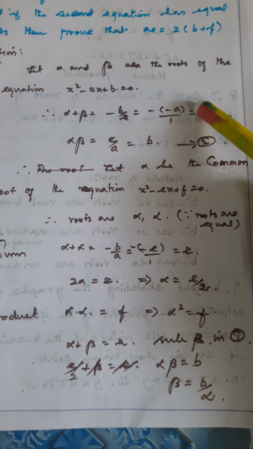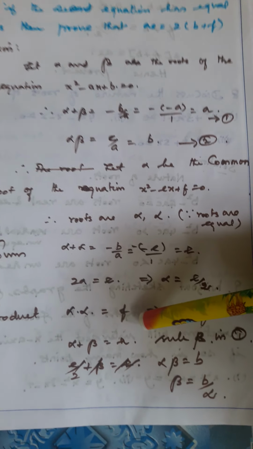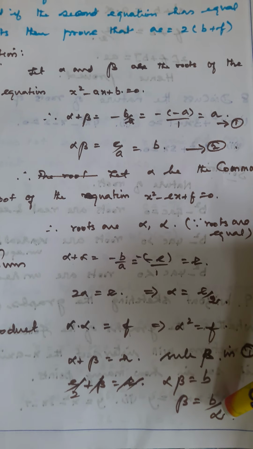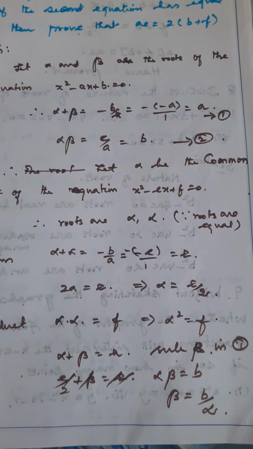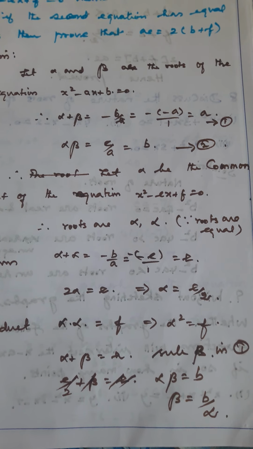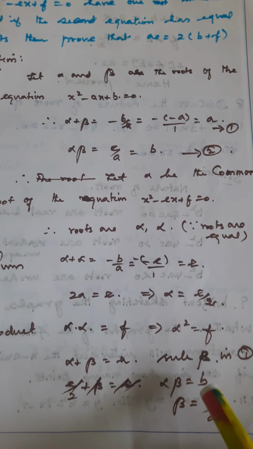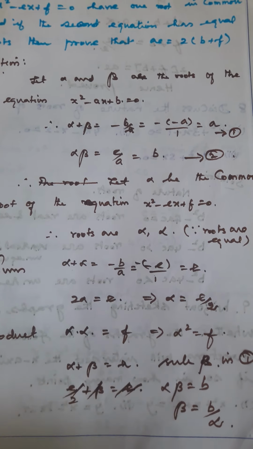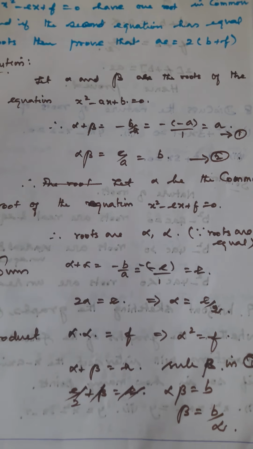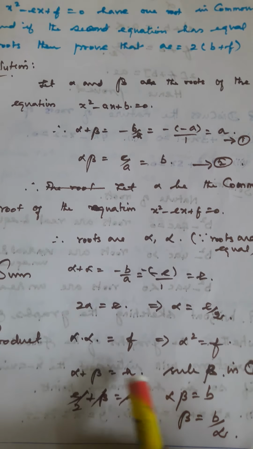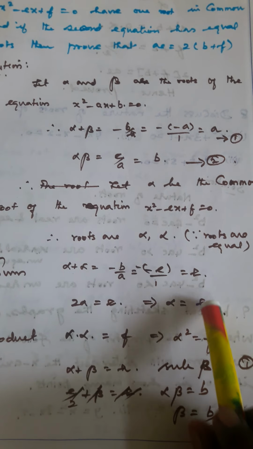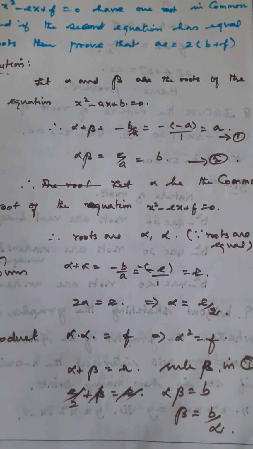Now we come to the first equation roots. Alpha plus beta equal to a and alpha beta equal to b. Your beta will be b by alpha. Correct? Right? So your beta value will be b by alpha. I can substitute the beta in the first equation. So what will happen? The equation in terms of alpha. So you have alpha and alpha square, you will be getting the answer.